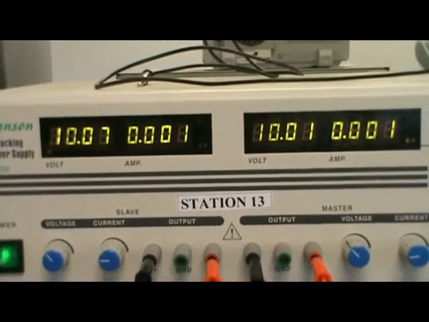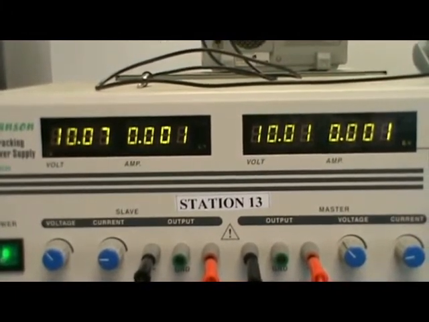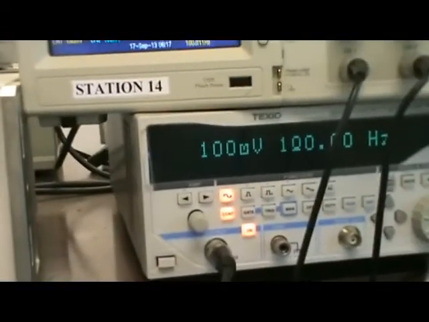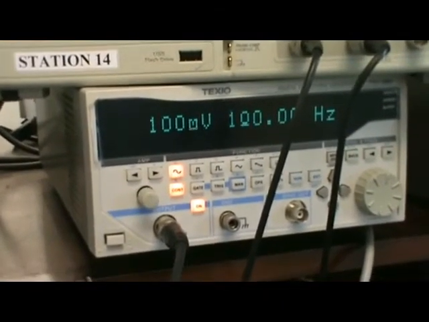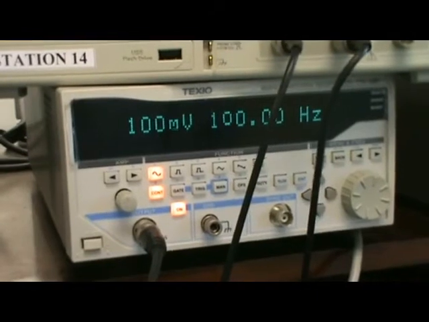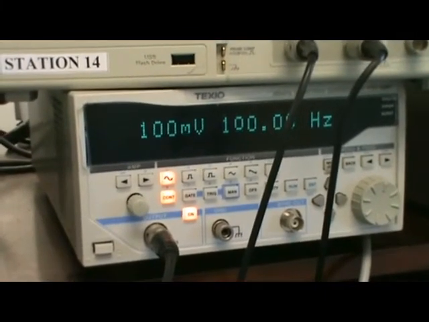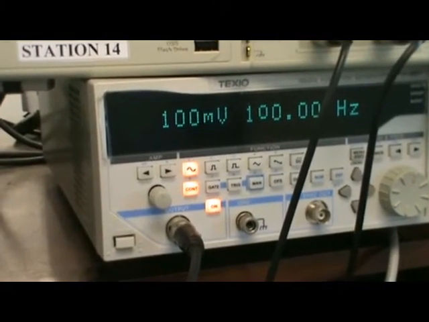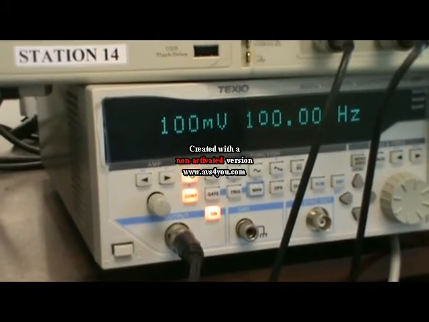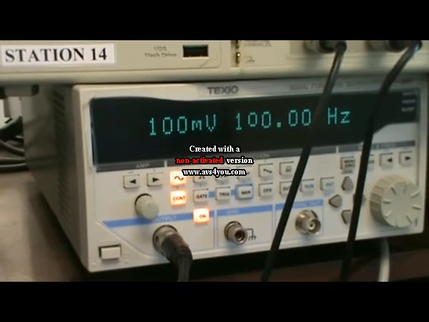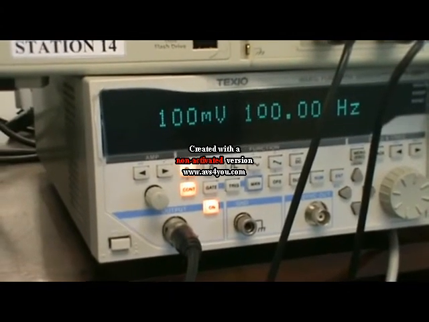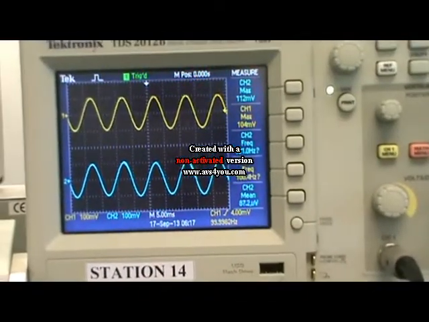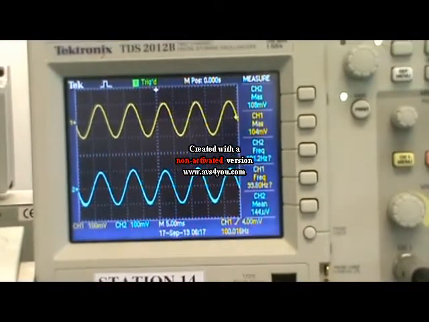Apply the power supply plus or minus 10 volt to the suitable pins of the op-amps. Input is given with the help of the signal generator. First we will set 100 millivolt with a low frequency of 100 Hz. Our aim is to find out the cutoff frequency of the particular amplifier for the open loop circuit as well as the closed loop circuits. So in both the cases we should start with frequency 100 Hz, and gradually we will increase the frequency from 100 Hz to some kilohertz. Channel 1 is the input waveform and channel 2 is the output waveform.